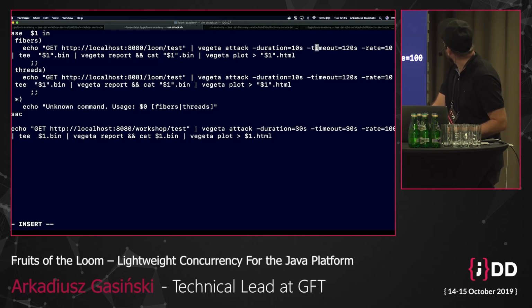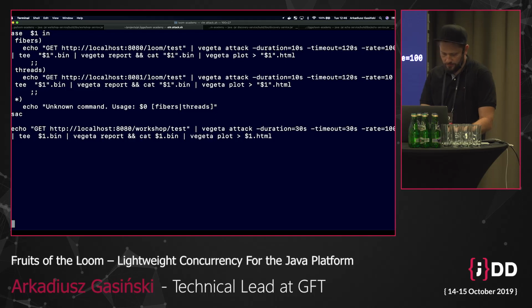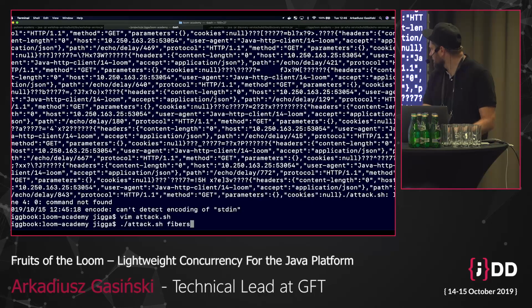So rate is 10. Okay, I think, yeah, working with Vim, I should have listened on the previous talk. Okay, yeah, that should be fine. Let's try again.